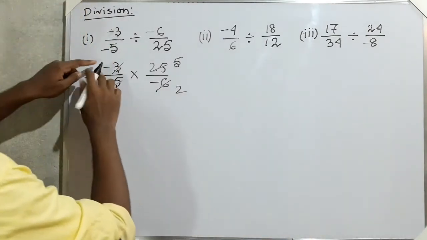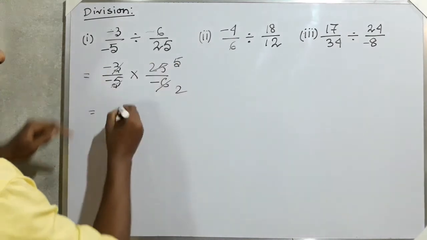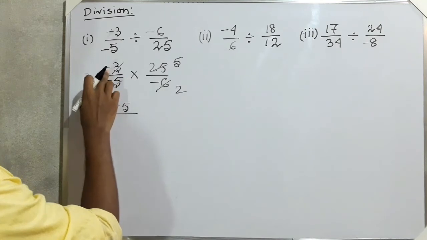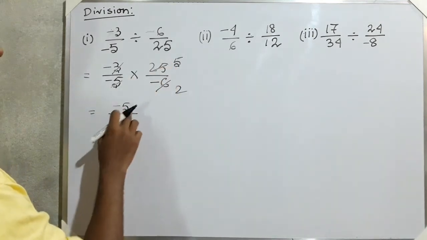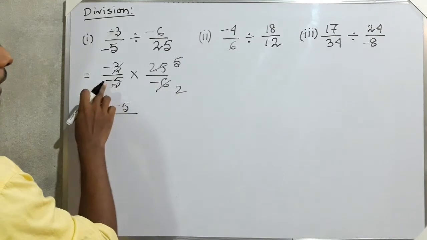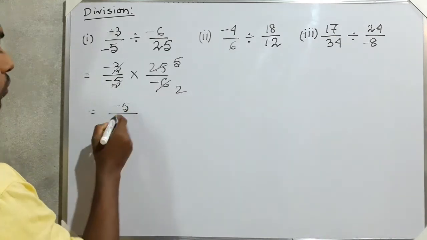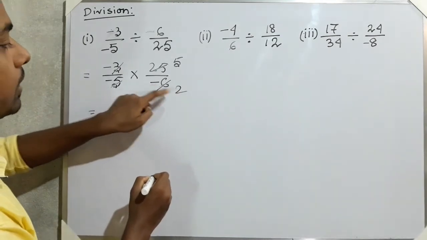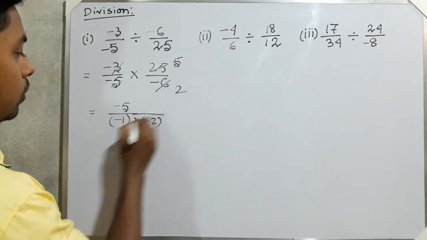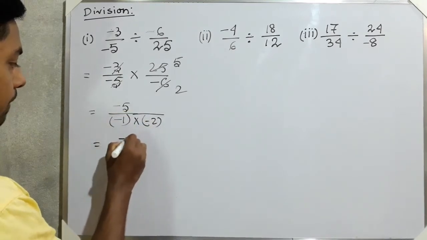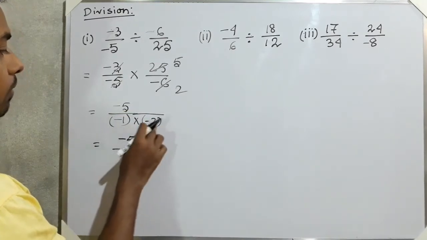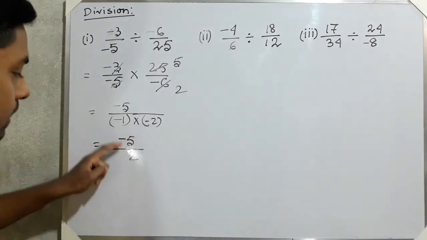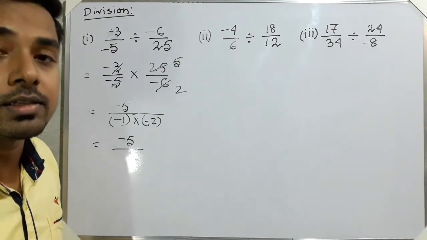So now you can see minus 1 into 5. So it will be minus 5. In the denominator, minus 1 is left here. So minus 1 into 5, minus 5. And in the other, what are we doing? Minus 1 into minus 2. Don't be confused. Okay, so minus 5 as it is. Minus 1 into minus 2, that means 2. 2 ones are 2. Then minus into minus is plus. So minus 5 by 2 is the answer.